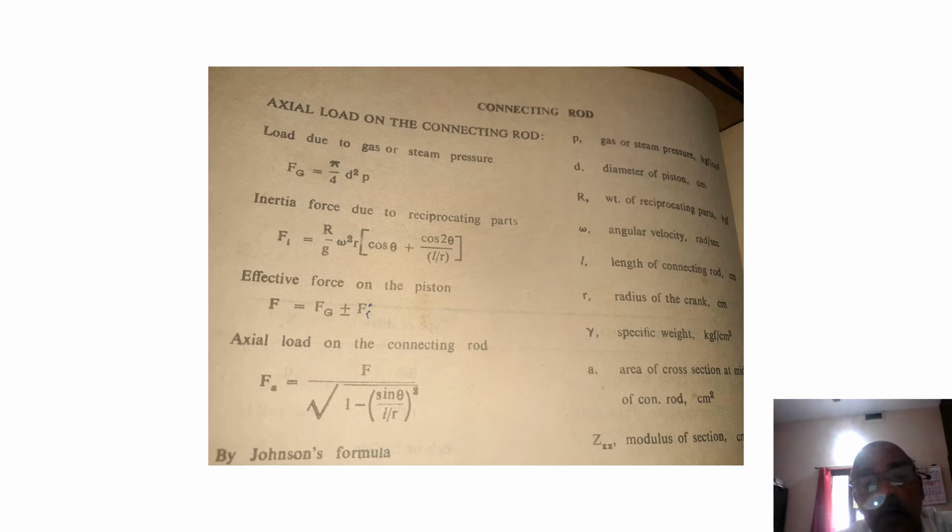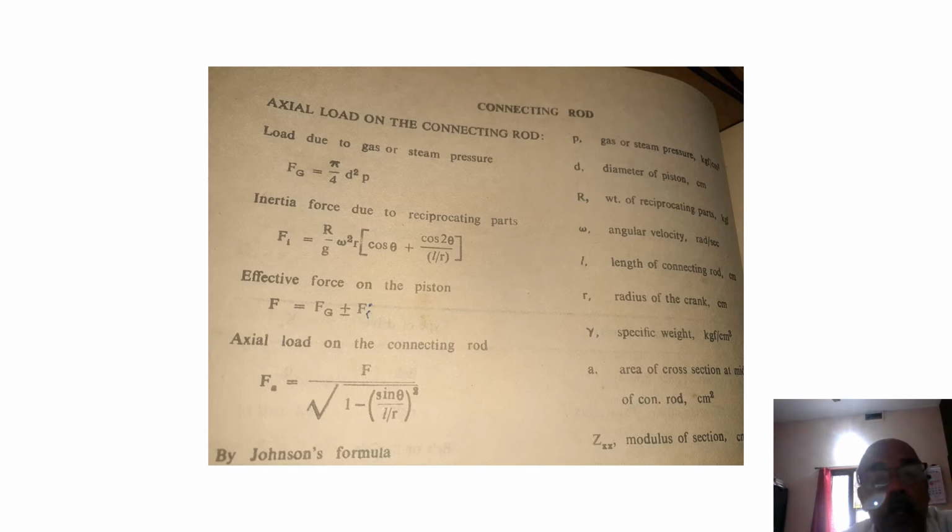Connecting rod is also a very important member in the machine element, where you have to see the general guidelines of design. This is a slide. Only you will get an idea, not numerically. Roughly you will get an idea how to move on with the connecting rod design. For that, mainly if it is acting on the steam side, the steam pressure will be acting on the piston. Piston is connected to connecting rod. Definitely that will be conveyed to the connecting rod. For that reason, these are the guidelines available.